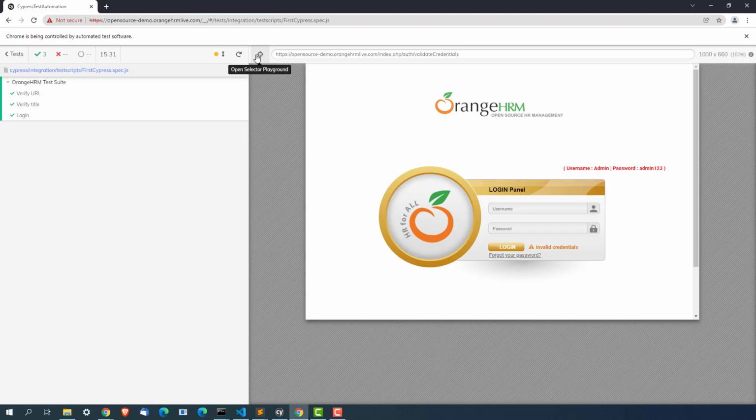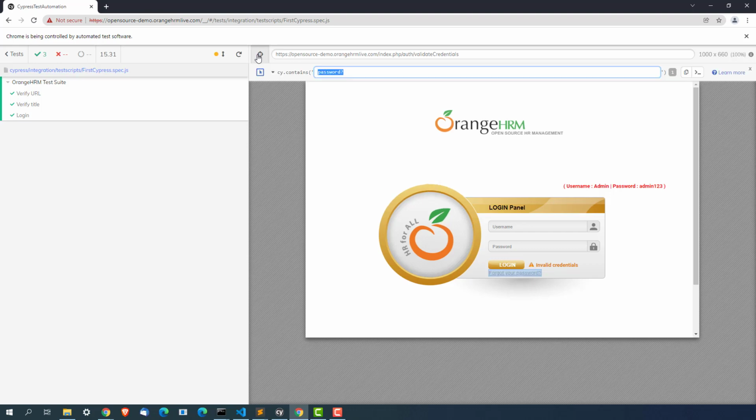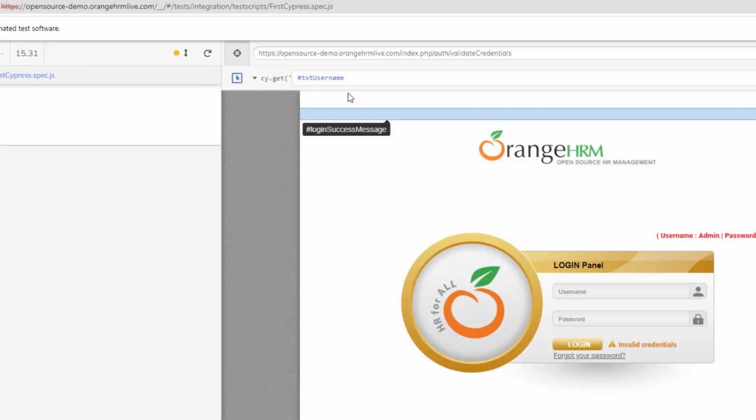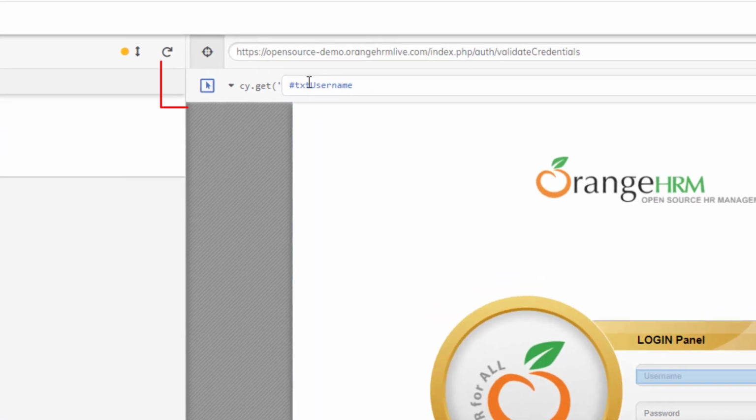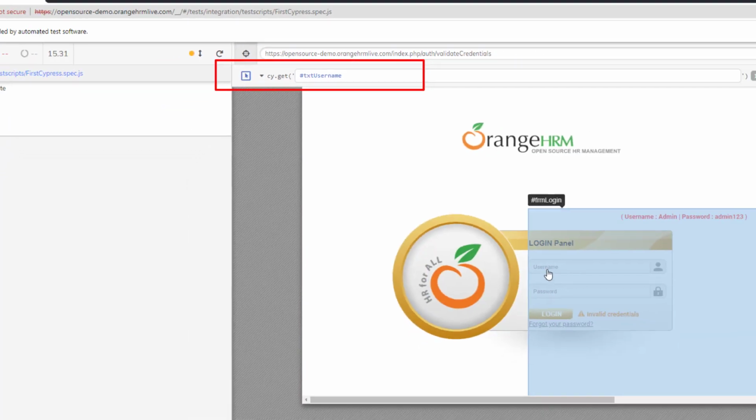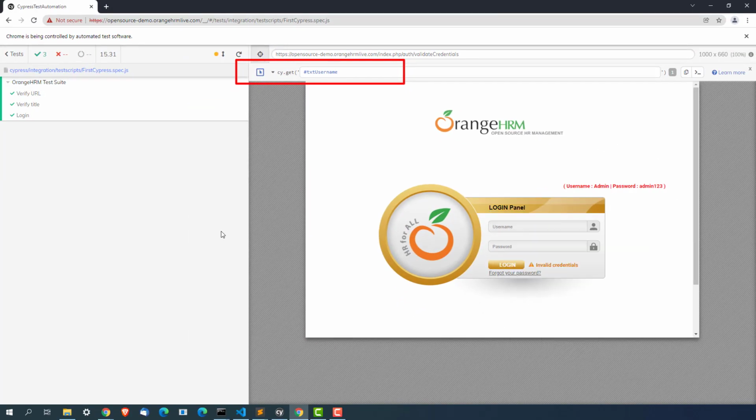So the moment I click on this open Selector Playground, you can see I'm getting this option where I have cy.contain and cy.get. I will explain you both. Let me start with cy.get, and you can see this arrow. It says click on element to see the suggestion selectors. Now let's say I want to type something here, so you can see automatically it has taken the ID. So if I show you the DOM structure of this, so the moment you inspect,